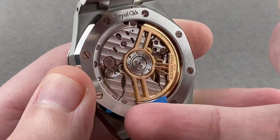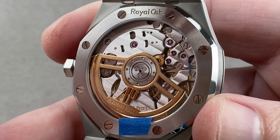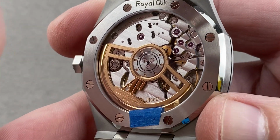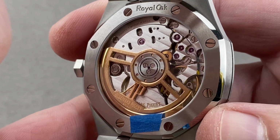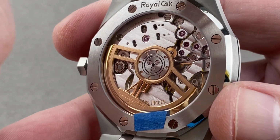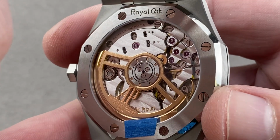to a case back featuring a movement that was new for 2019, the 4302, automatic winding, 70-hour power reserve, 32 jewels. It still has a full balance bridge and a free-sprung index like the old 3120, but it gets the extra 10 hours of power reserve up to 70, and it beats now at 8 beats per second rather than the previous 6, meaning it has a little bit more potential accuracy, especially in the face of bumps or